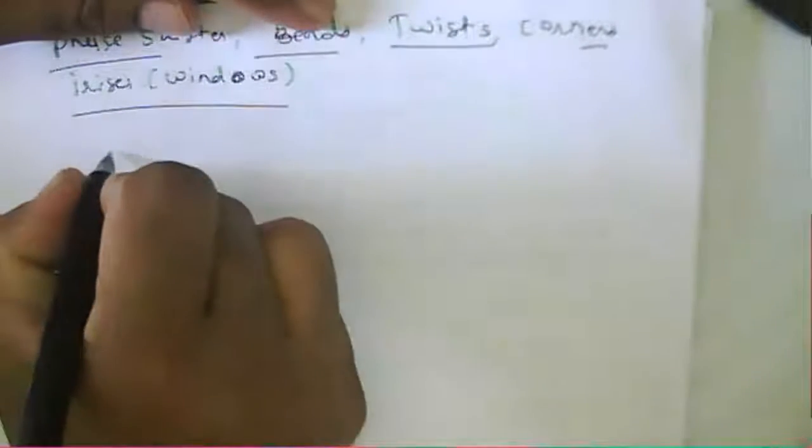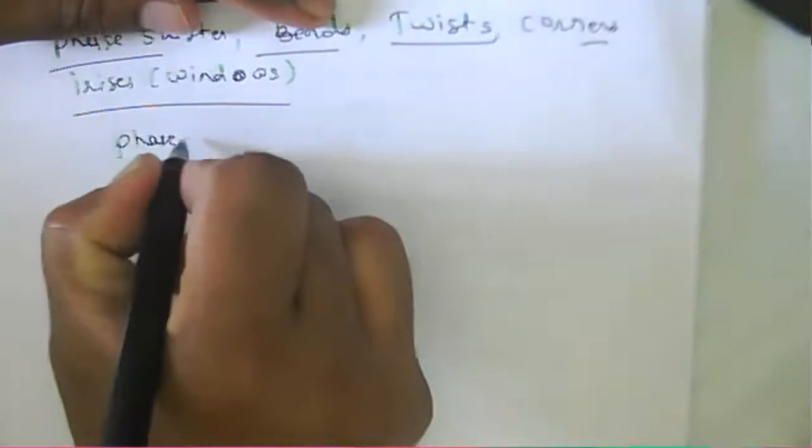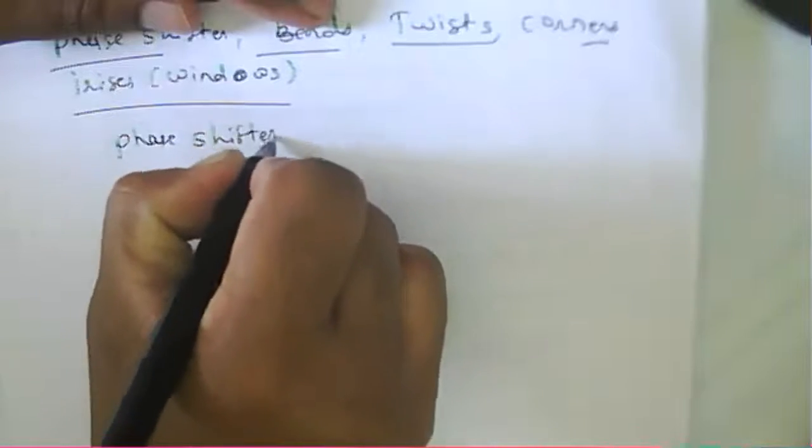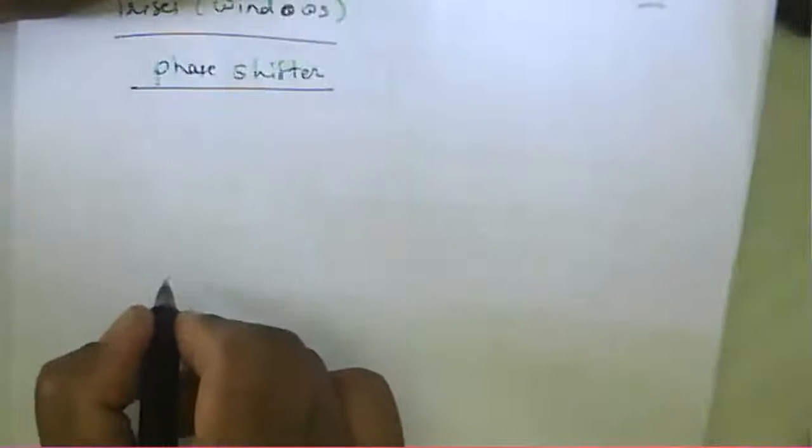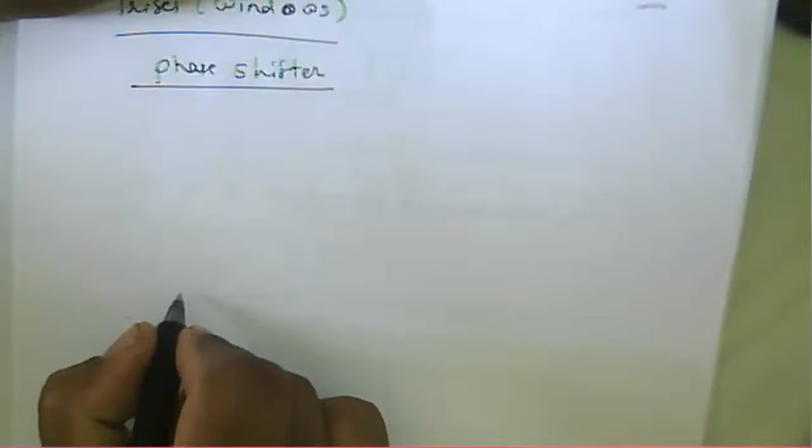Start with a phase shifter first. In a phase shifter, what happens? A ferrite rod is present in a phase shifter. So if you draw a rectangular waveguide,